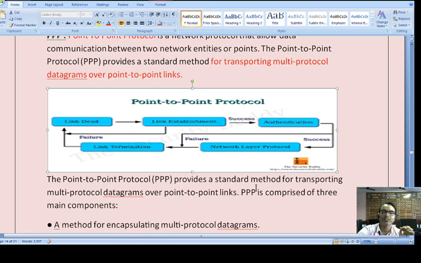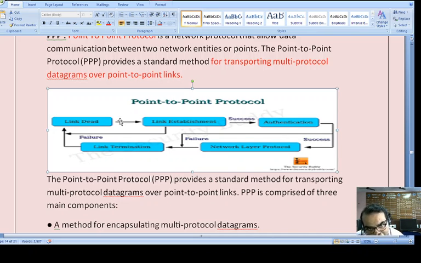Point-to-point links mean that two computers are connected and we are able to process bits. For example, see how a link is going to be established. This is a network layer protocol, and when link termination happens, the link will be dead.